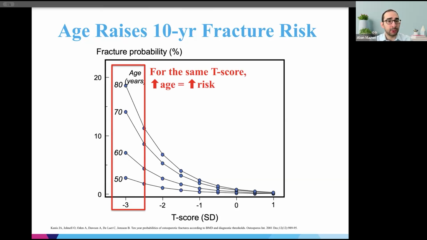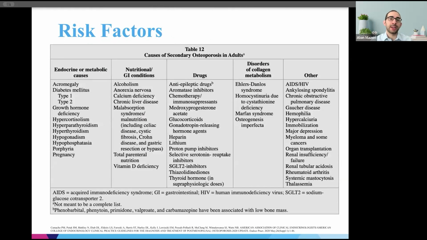And so an 80-year-old whose T-score is -2.5 or -3 actually has a much higher risk of a fracture compared to an individual with the same T-score but aged 50. For causes of secondary osteoporosis, we see that there are myriad causes. I would suggest focusing on a few high-yield ones: